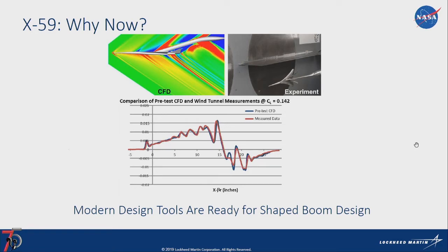And what this test did is we developed a design at Lockheed Martin and felt that, okay, this is the design that's going to achieve a certain sonic boom level. So we took that design, we built a model based on that design, and then we took it to the wind tunnel. And what was demonstrated from that tunnel was that the prediction noise that we had anticipated was in lockstep with the results that we saw during that wind tunnel test. And essentially that was the aha moment that said, okay, now we can take this and bring it up into a full-scale airplane and achieve the desired result of the sonic boom that we think is going to be acceptable